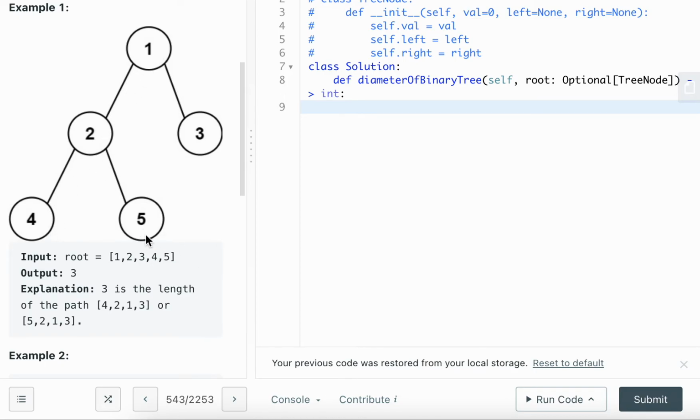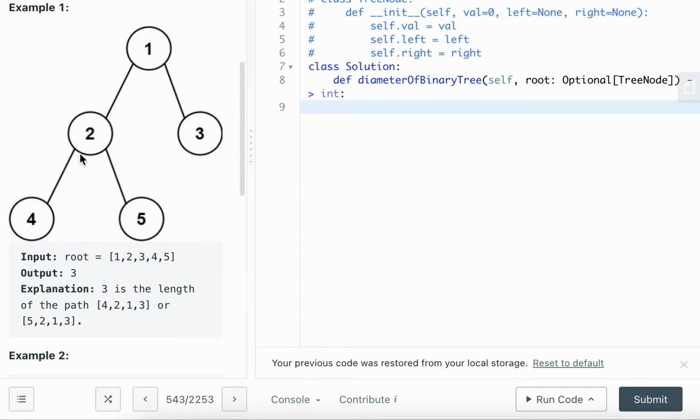If 5 has a lot of child nodes, which is even longer, then the path through 4 to 5 will be way longer than the path that goes through the root node. So this is something you have to consider to update in your function to make sure that it always